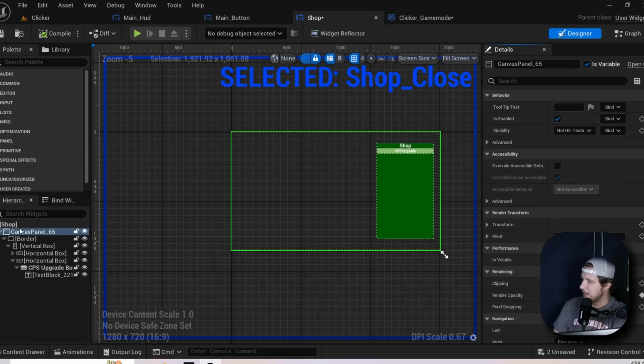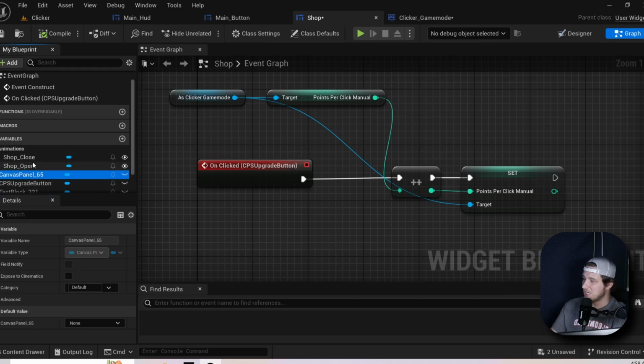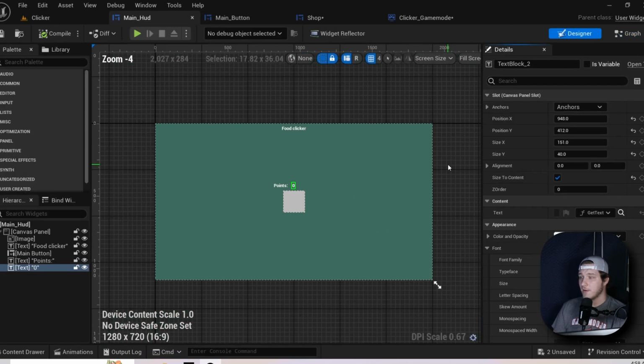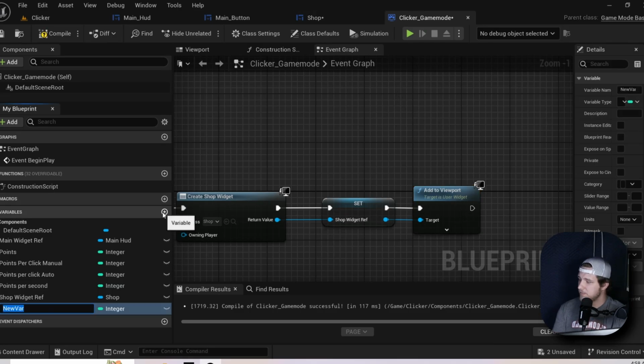We're going ahead and compile, and then if we go over to the graph now, you can see up here, we got an animations tab under our variables. If we open that up, you can see the shop close and the shop open. So let's go back over to the main HUD, and we're going to make that triggerable. What's going to happen when we trigger it? I think what I want to do probably, though, is actually make a variable inside the game mode, and it's called